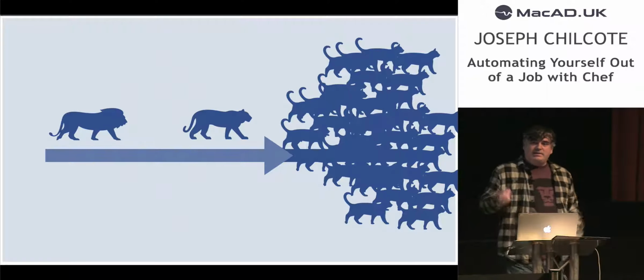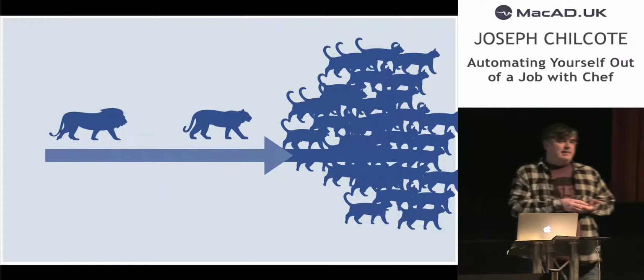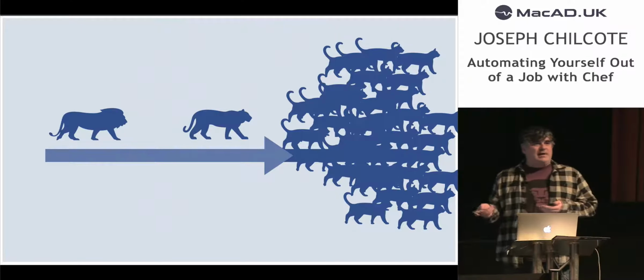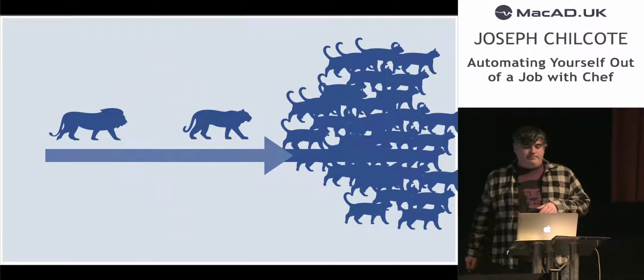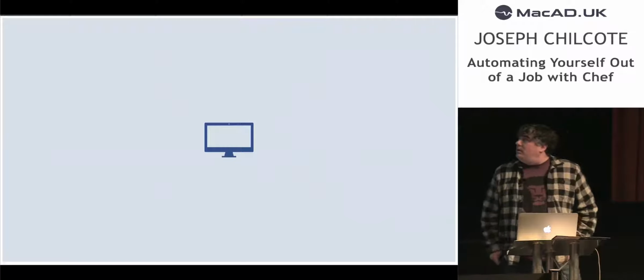But it's because humans converged the natural cat behavior with desired cat behavior that they were able to do this. So what does that mean for Macs? Well,